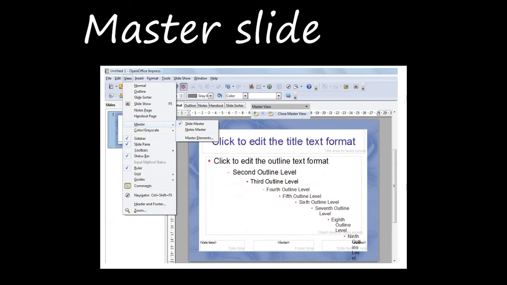All the characteristics of this slide master will be controlled by styles only. The styles of any new slide you create are inherited from the slide master from which it is created. In other words, the styles of the slide master are available and applied to all the slides which are created from the slide master only.